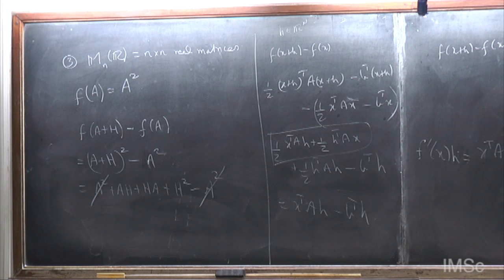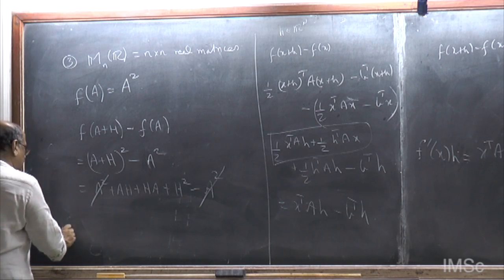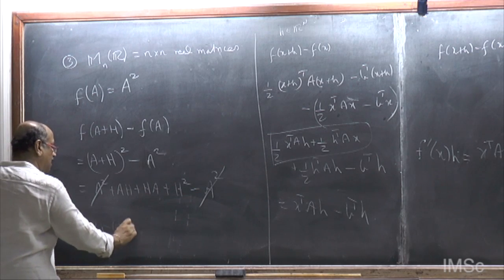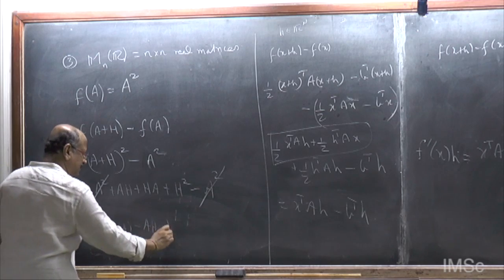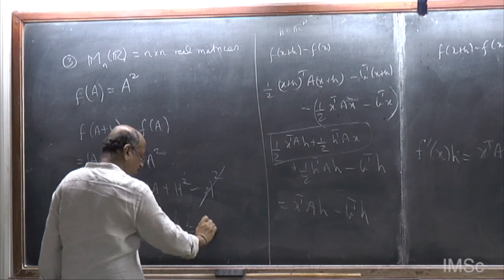You have to be careful because matrix multiplication is not commutative, otherwise I would have written 2AH. Okay. So, what is f of A plus H minus f of A minus AH minus HA, equal to H square,